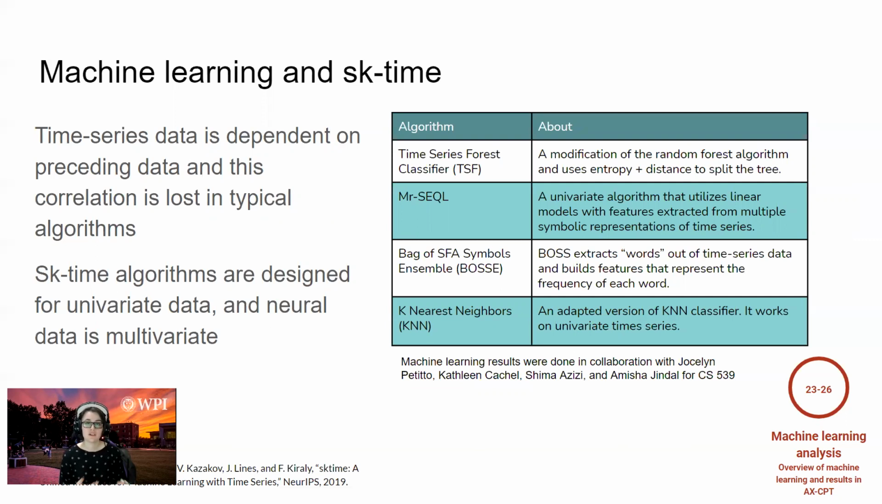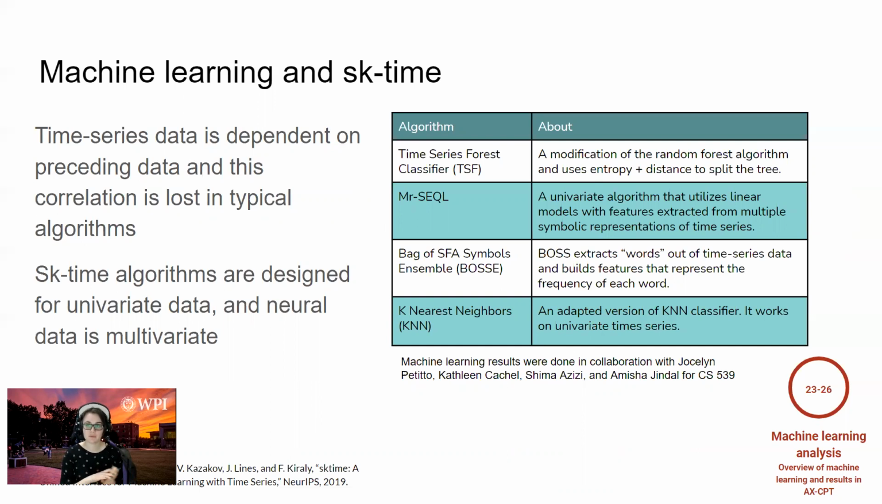However, with other systems like EEG, you can have, I believe 64 is what it goes up to. So it has a bunch of these different channels that are correlated to each other, so they can't be completely unique and distinct. You have to have that correlation there, and that gets lost in univariate algorithms. So you have to warp them a little or use them in different ways to make them fit with these algorithms. The 4 algorithms we used are time series forest classifier, MR sequel, Boss ensemble, and K nearest